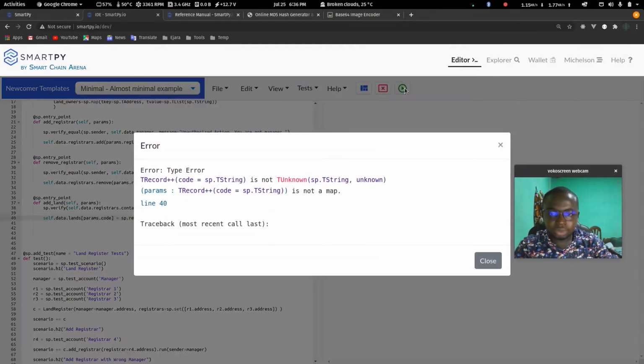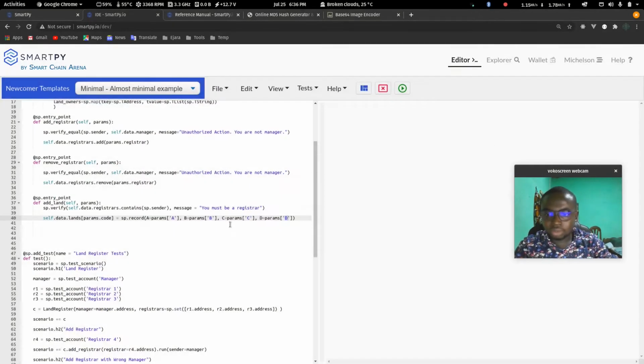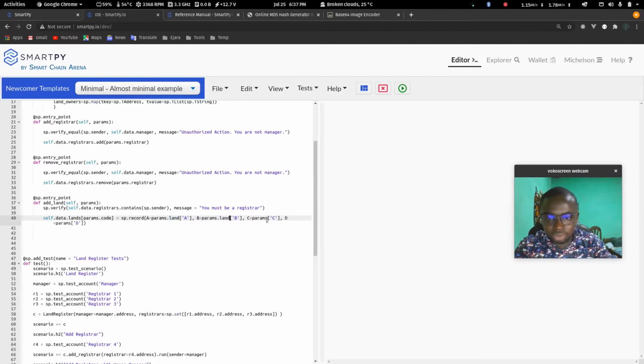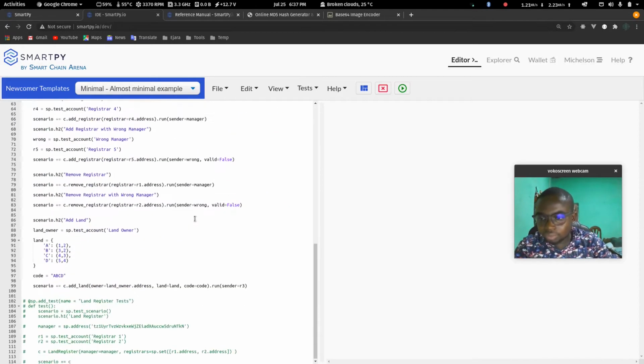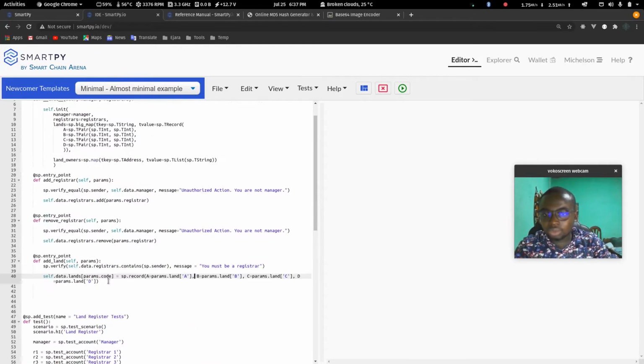So it seems we are hitting this error, and the reason for this is that we are missing this. We need params.land, not just land, and not just params, but params.land, because we want to access the land in params. So there's a land, and you're supposed to say params.land. And so when we run this,